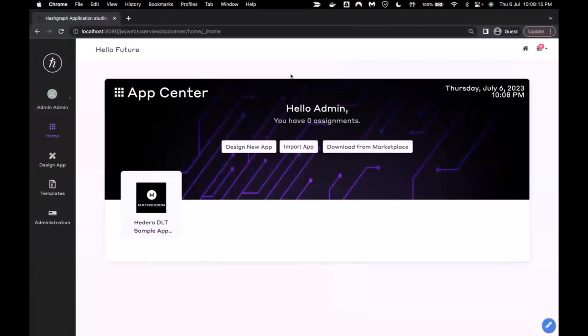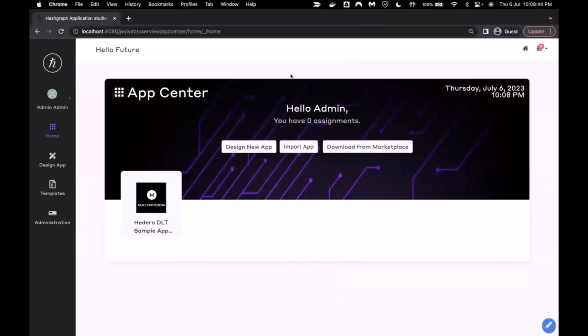Okay, so I would like to welcome all the audience once again. And for anyone here that is new to the Hashgraph Application Studio, I'll give you a quick rundown on what it is. So if you have been an experienced Joget app builder, the Hashgraph Application Studio really isn't a stranger. So if you have already learned how to build apps in Joget, a lot of that knowledge is pretty much one-to-one when you carry it over to the Hashgraph Application Studio with the add-on of being able to interact with